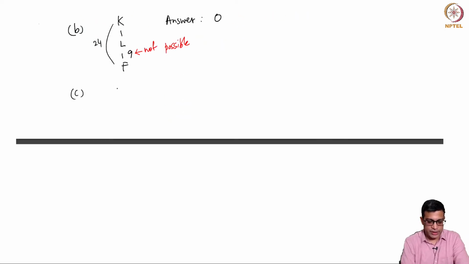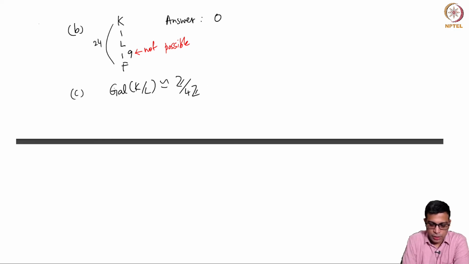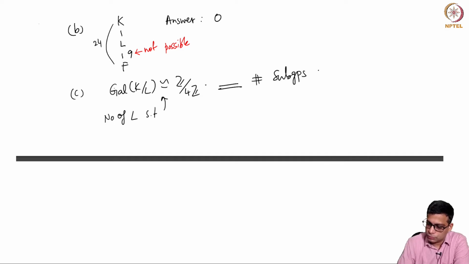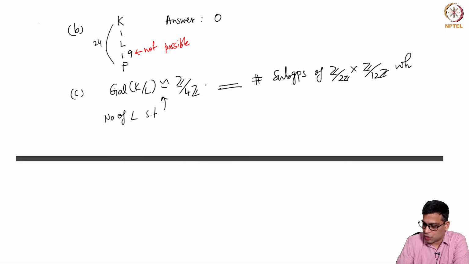And finally, let's look at L such that the Galois group of K over L is isomorphic to Z mod 4Z. So this is more direct. So the number of L such that this happens is equal to the number of subgroups of Z mod 2 cross Z mod 12 which are isomorphic to